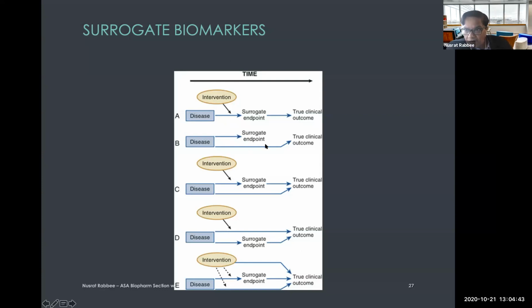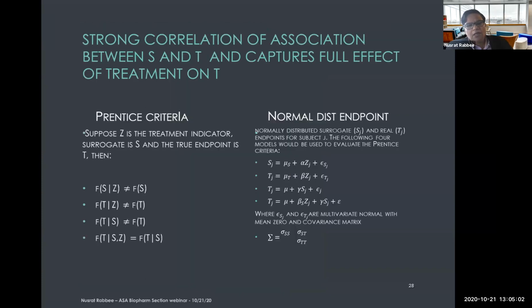The point is, it's not enough to show that the biomarker is correlated with the endpoint of the study, because in a lot of these situations that I show here, they will be correlated. That doesn't make it a surrogate endpoint. So the Prentice criteria